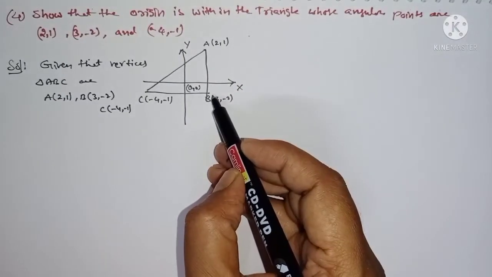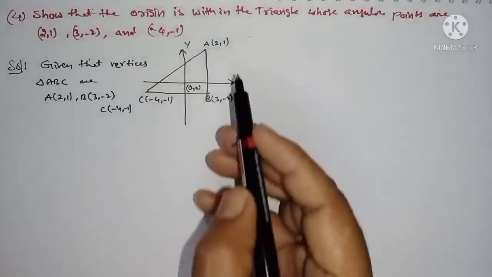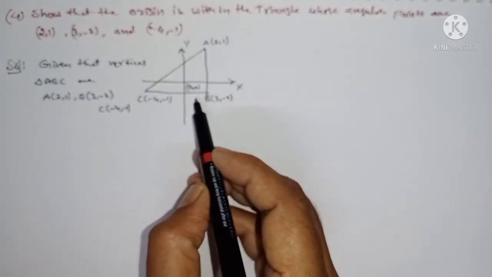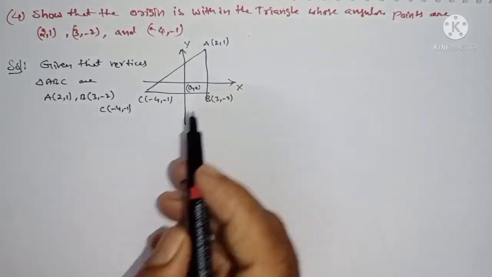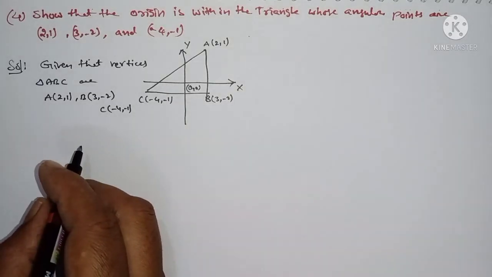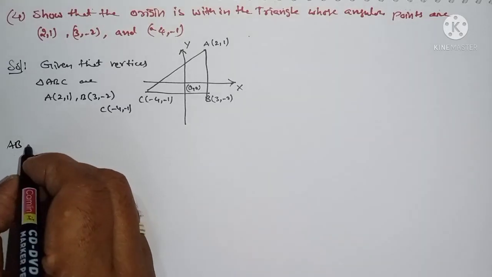Then what you have to do is find the AB equation, BC equation and AC equation. The origin lies on one side or the other side of each. You can show this using the ratio of L11 and L22 for the two points. Therefore you can find the equation of AB first, then BC and CA. How can we find the AB equation?